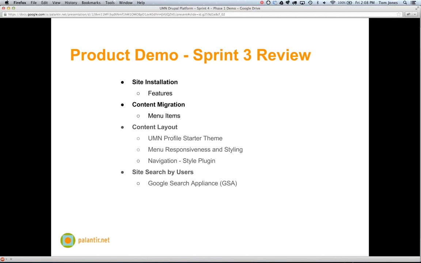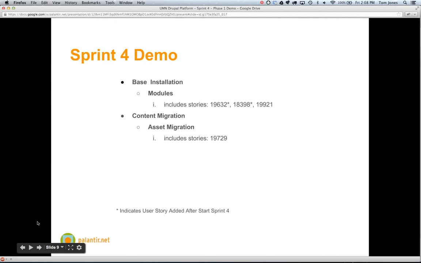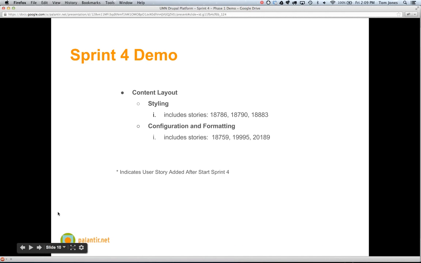And then also one of the big pieces we got into in the last sprint was the Google Search appliance, just the configuration and use of it. So now that brings us to Sprint 4, and in this demo, we're going to go through some of the modules in the base installation, and Robin's going to also walk you through some of the content migration and how some of the assets of the documents are migrated into the system, and also in some of the content layout, some of the styling features that you're going to be able to use, and then some of the configuration and